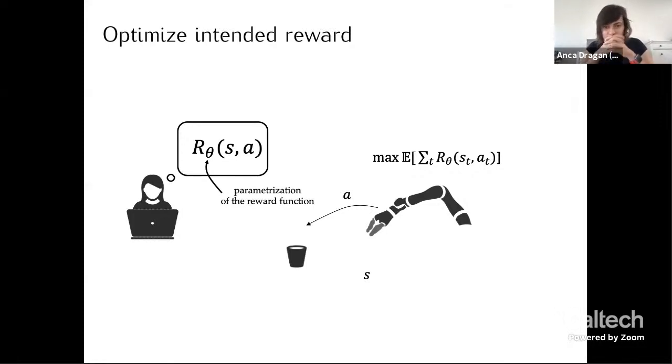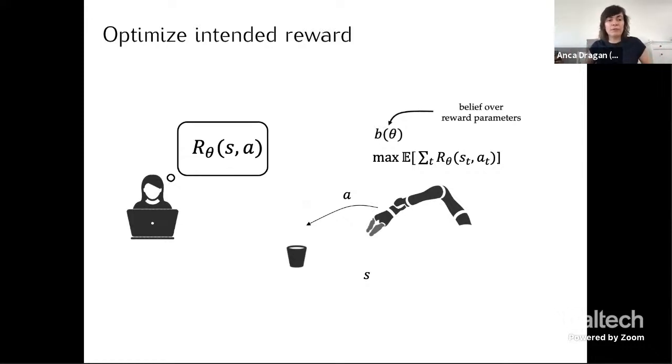And what's hard is that the robot doesn't get to observe theta directly. This is not directly observable to the robot. And so instead, if we're to do this right, we're gonna acknowledge that we have uncertainty over what theta is and maintain some sort of distribution that we try to estimate somehow.